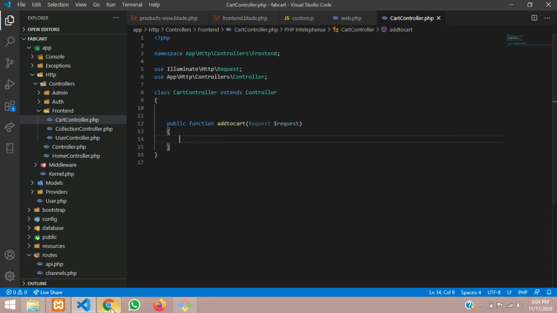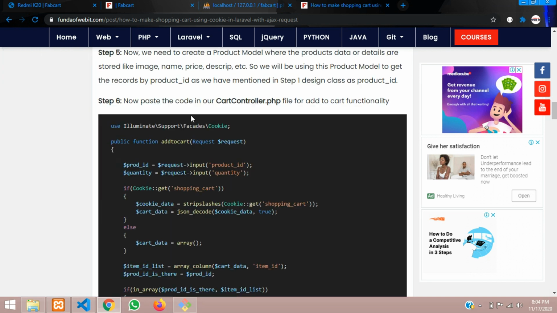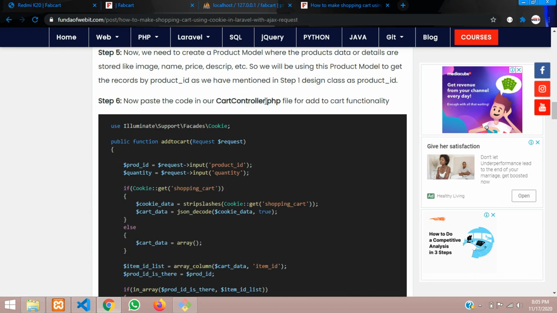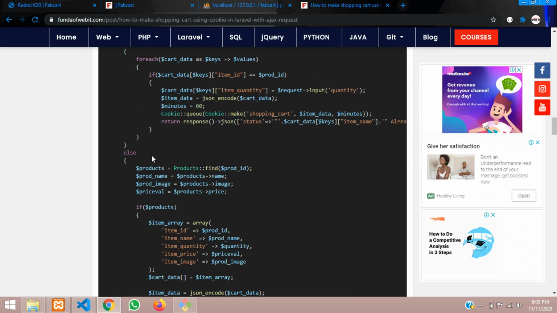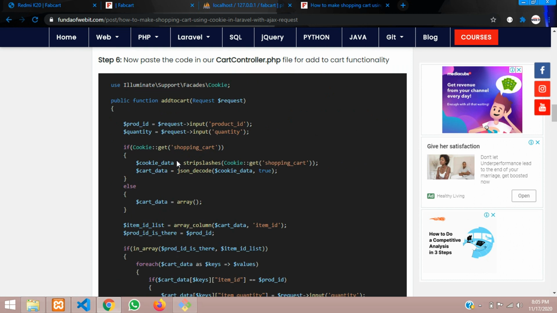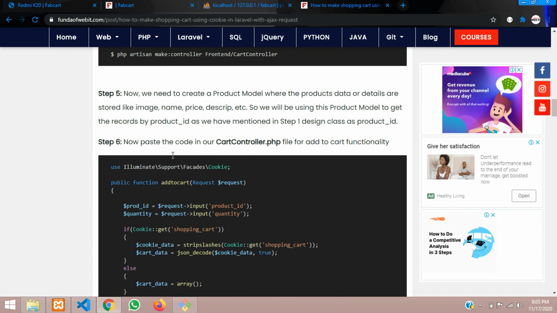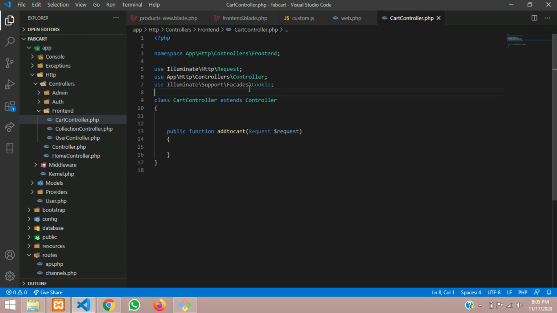First thing, let's move to the blog and check. We have completed the creation of the controller, and now once everything is set up, let's move to our cart controller, right? So let's paste this code. Before pasting this code, I will just explain briefly to understand how it's working. As the first step, we will include this, use the cookie. Let's copy, Control C, and paste at the top. So we are using the cookie. In the next video we'll be learning about session things. So now we will continue with it.